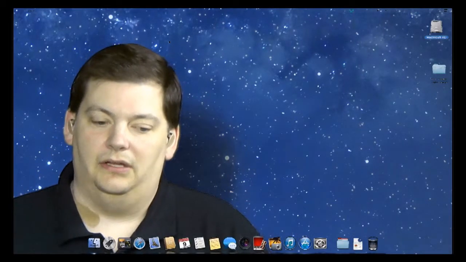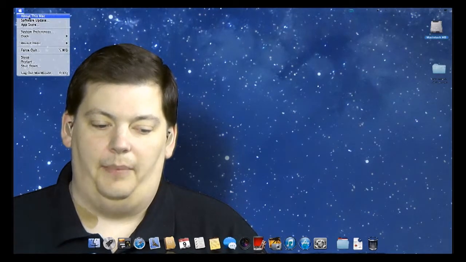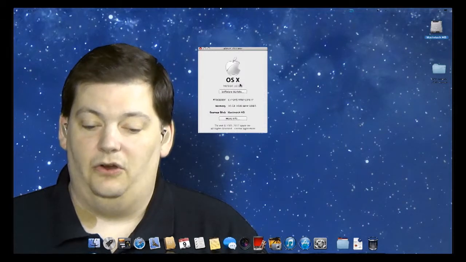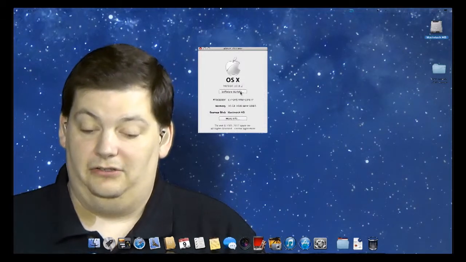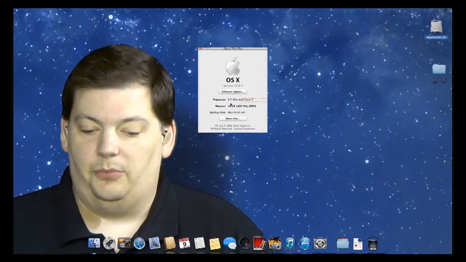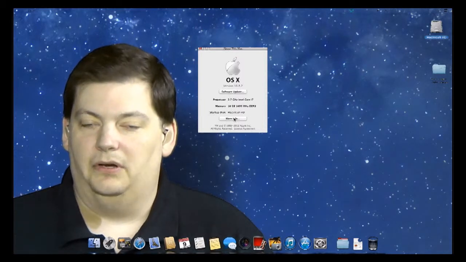The quickest way, while you're on your desktop, is to come up here and go to About This Mac, and this little window pops up and you get some basic information. You know what version you're running. You can get software updates from here, which you can do from the App Store, which we've already talked about before, and your processor, your memory, your startup disk, and then there's the More Info button, which provides you some